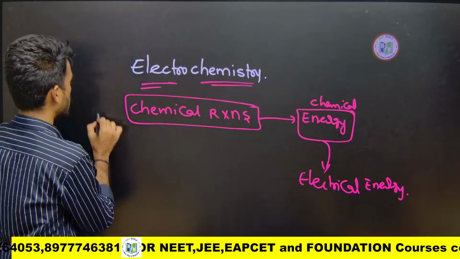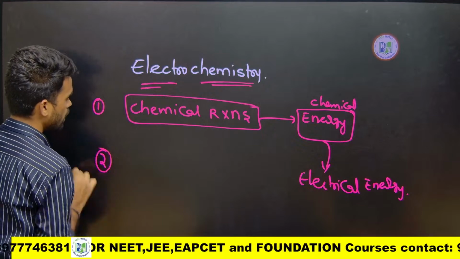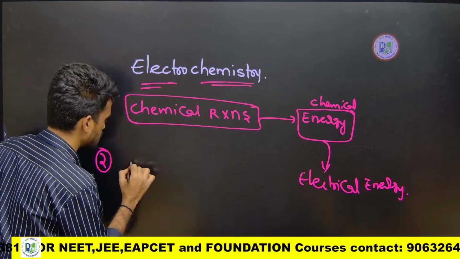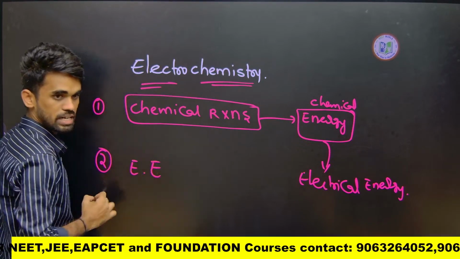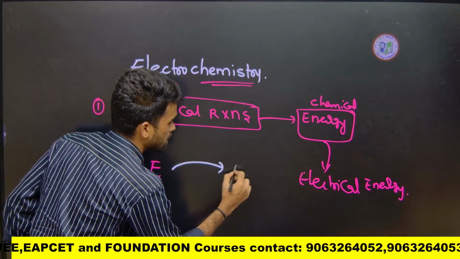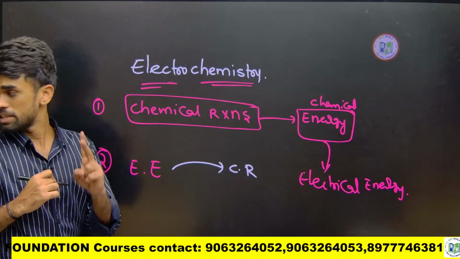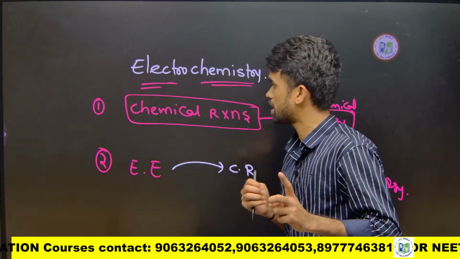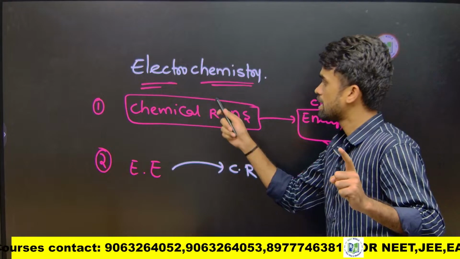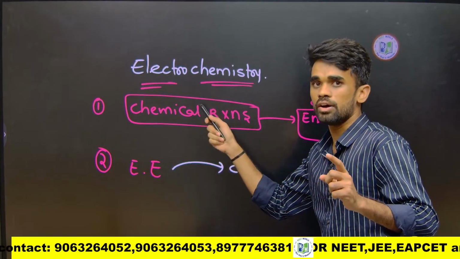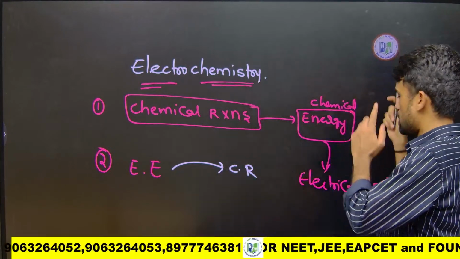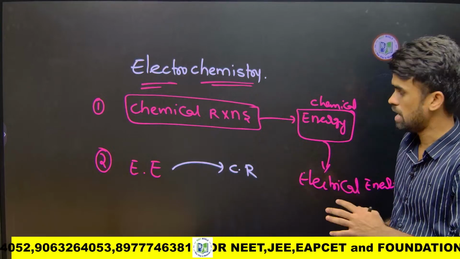This is one process. And the second one is what? Using this electrical energy, we will be making some chemical reactions. There are two processes. The first process is where chemical reactions are used for the production of electrical energy, and one more process is